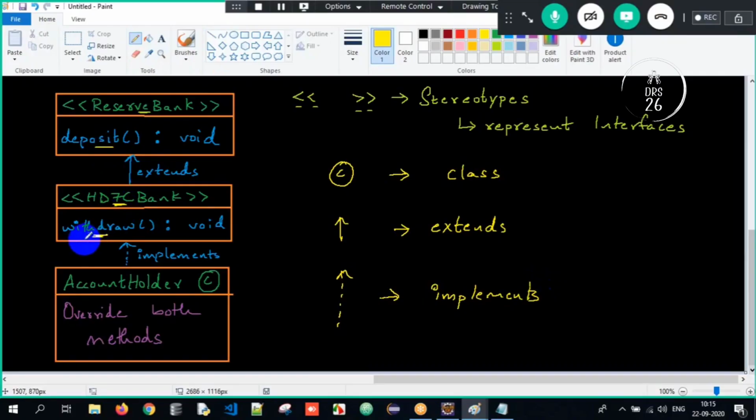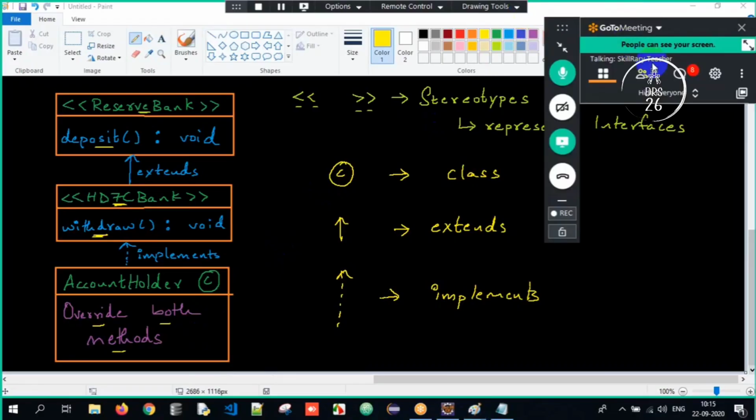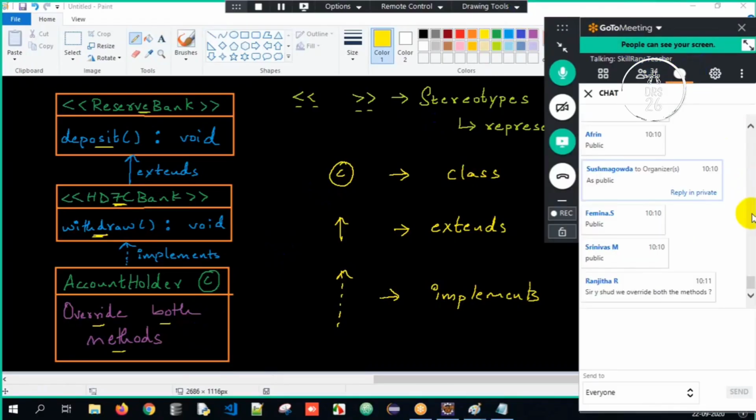So deposit and withdraw had to be overridden in account holder because it's a class. What type of inheritance is this? It is multi-level. Reserve Bank to HDFC is extends, HDFC to account holder is implements.